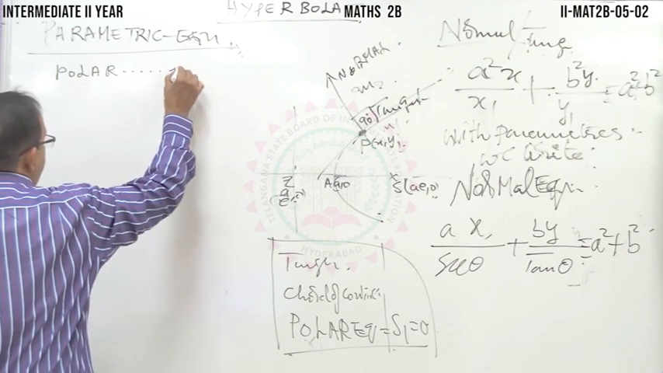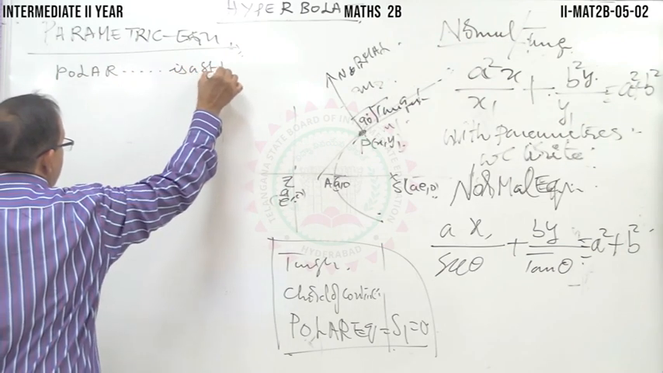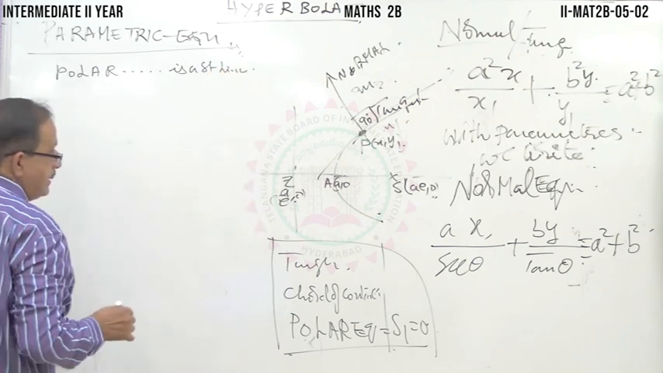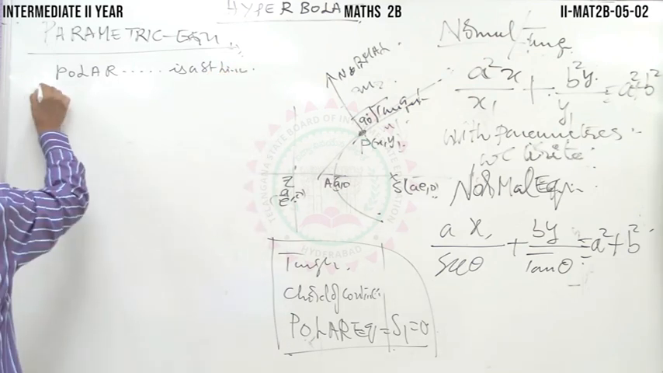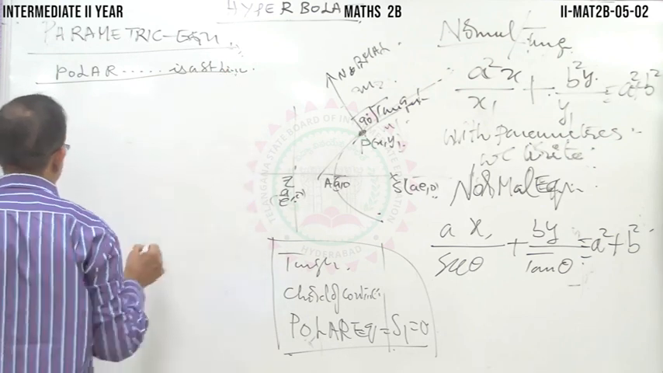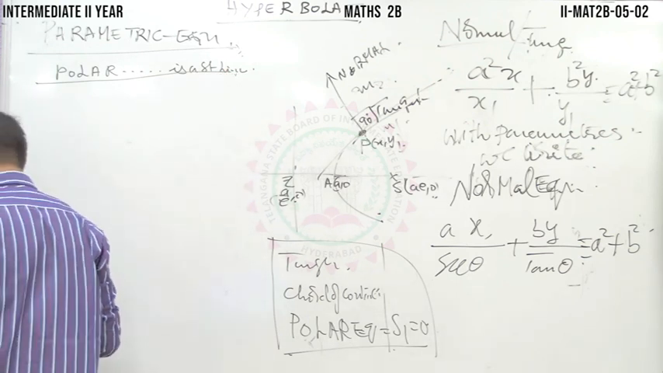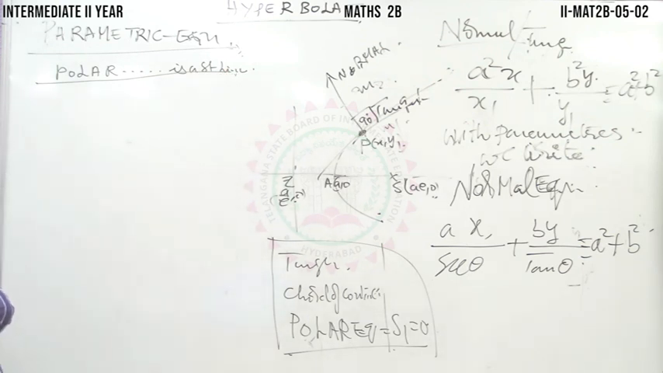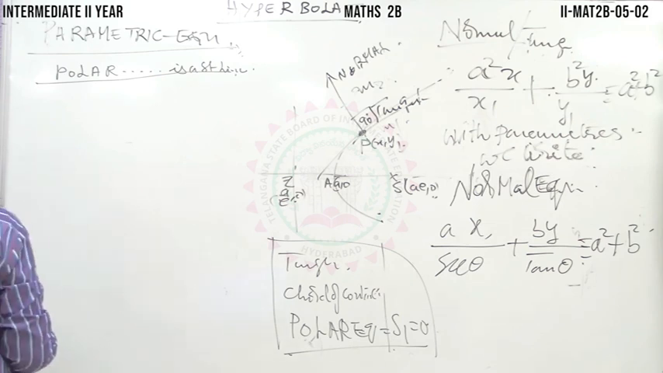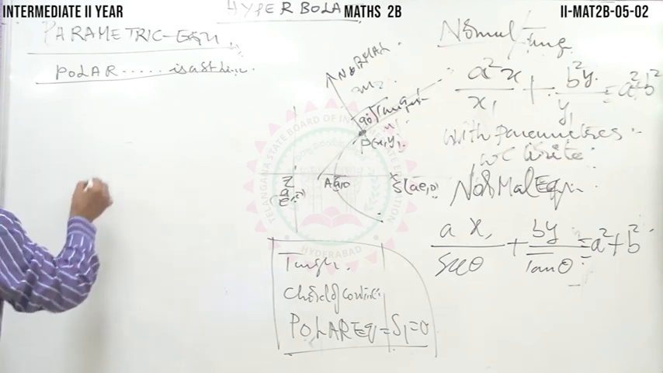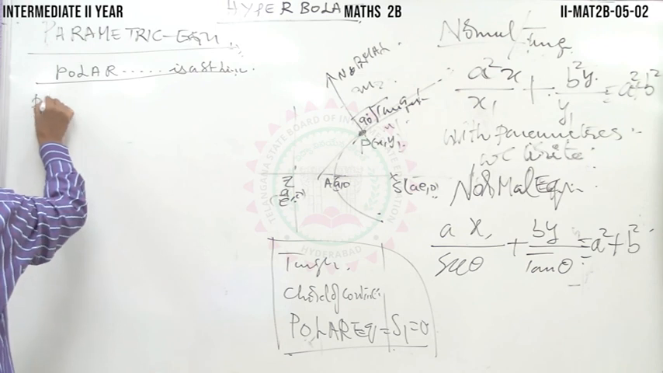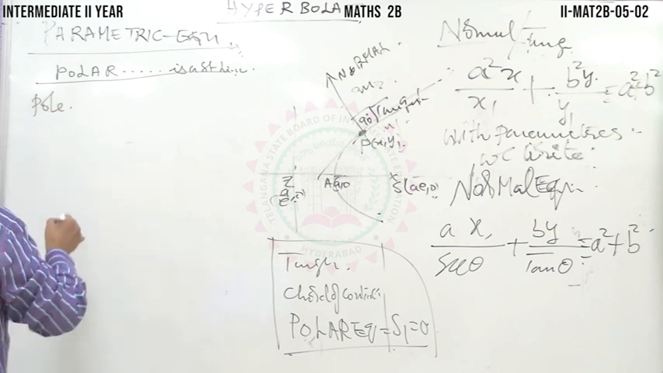Polar is known as a set of points. Polar is a straight line. It is a set of points which passes through the point of intersection of the pair of tangents drawn to the curve. Let us see that the polar will have a pole. So, the pole of the line